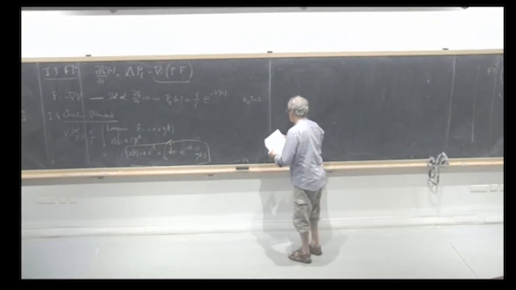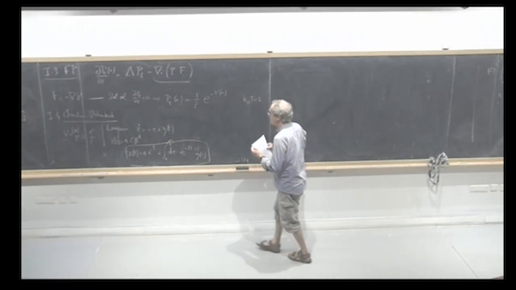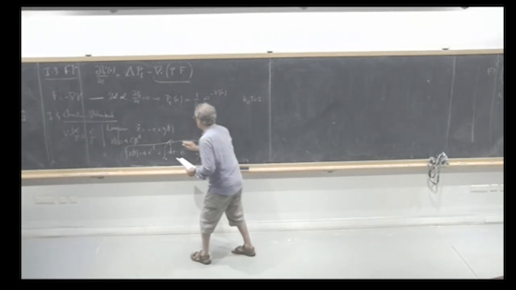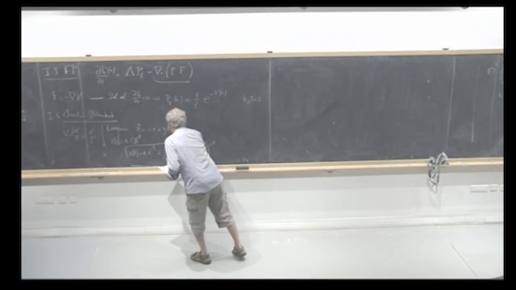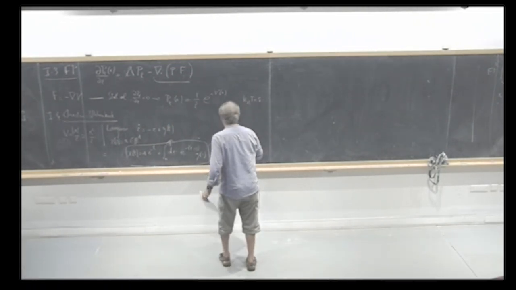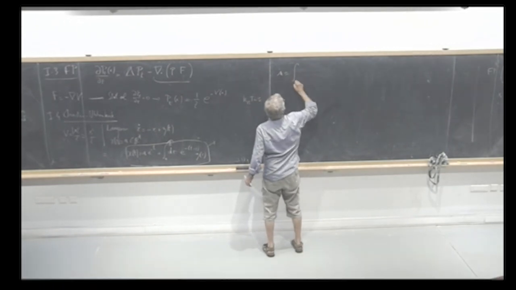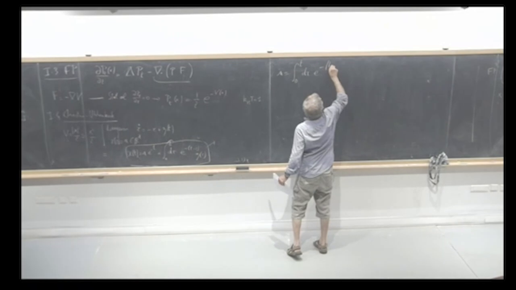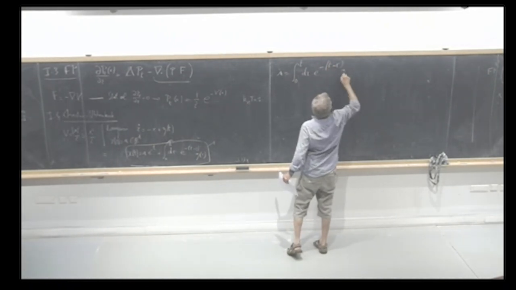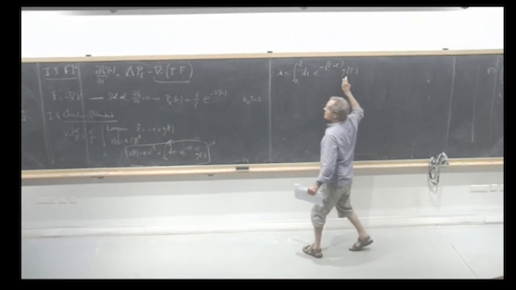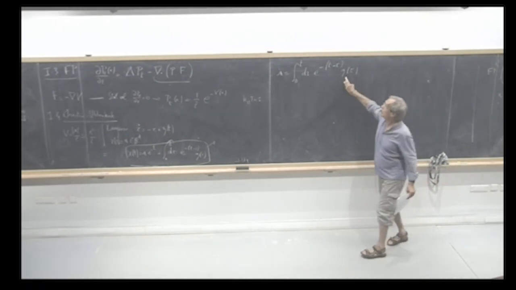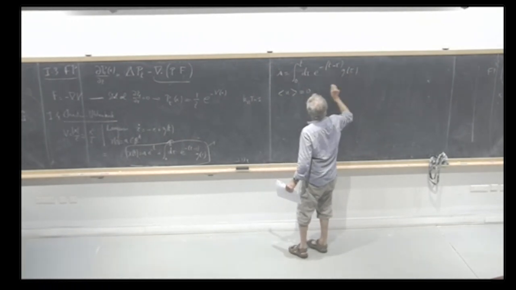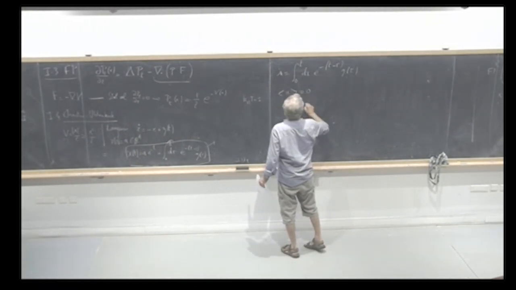So what does the Ornstein-Uhlenbeck process do? First of all, I need to look at this random variable here. Let me call it u. So this is a sum of Gaussians, so it is a Gaussian random variable. I just need to compute its first 2 moments. Mean of u is 0 because the mean of eta is equal to 0, and mean of u squared is